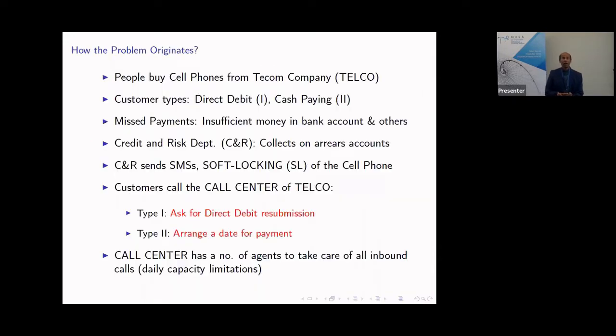All right, so now how the problem comes about: people fail to pay for various reasons. There are two types of customer. One is the debit order from the bank. You fix a date, every month a particular day, when your money will be taken, and that's the debit. But some people, many of these people, especially the people that are not working, go and pay cash, make a cash payment. Again, they fix a date that they will have to go and pay this money to the cell phone industry.